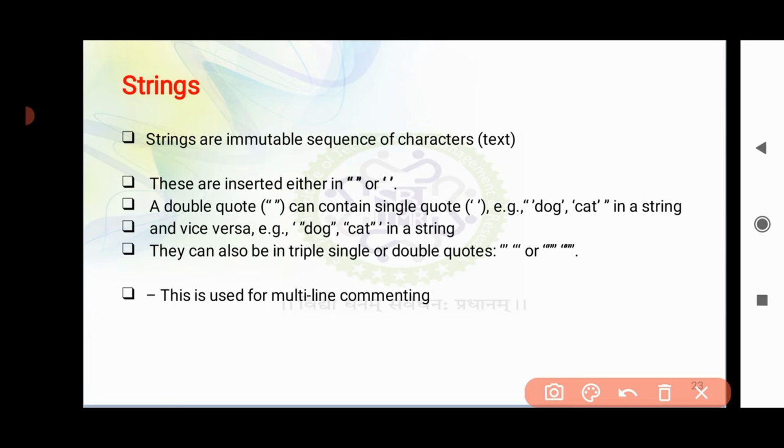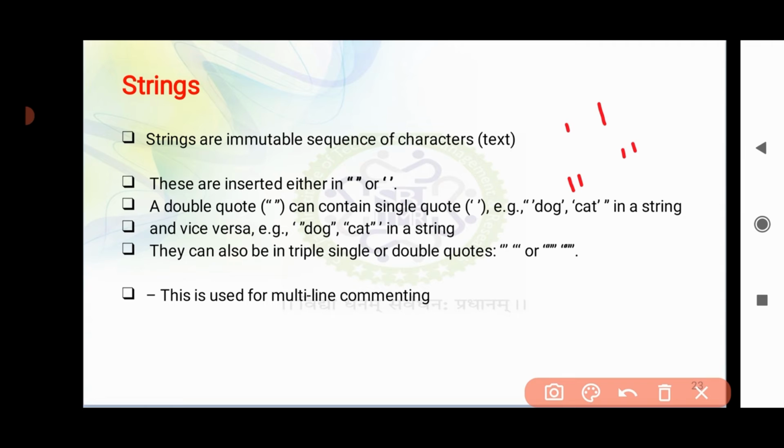Once any string object is created, its data or state can't be changed, but a new string object can be created. Normally a string can be enclosed in single quotes like this, or in double quotes like this. Single or double quotes can also be used inside each other. This will be clear once we go through the hands-on session where we actually practice using strings in our programs. Then it will be clear how exactly strings can be used in our programs.